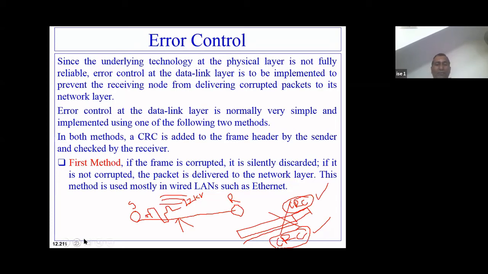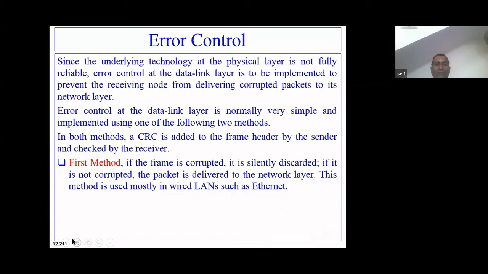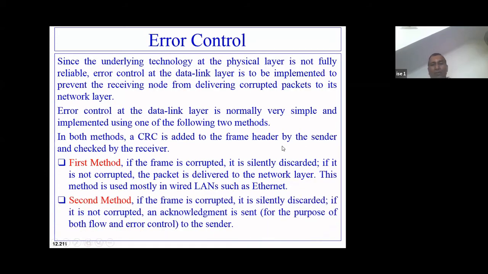This is the mechanism of error control. There are two methods. How is this error control incorporated?